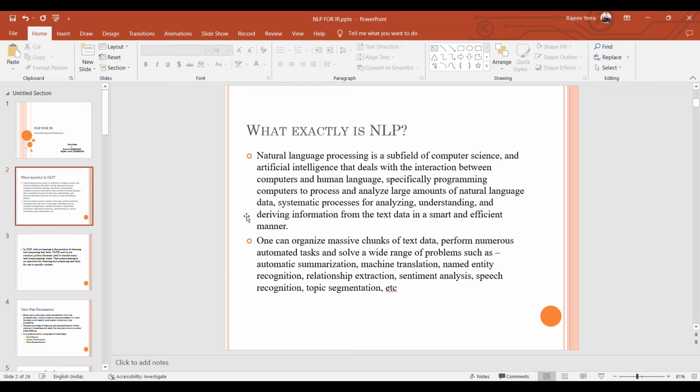So we can use natural language processing in a bunch of applications. For example, we can auto-summarize a complete concept into a summary, and also do named entity recognition and sentiment analysis, like how people are reacting to a particular product. By reading the complete reviews, we can understand the rating of the product. We use sentiment analysis here, and also topic segregation. When you're reading news, there is a lot of news on Google, so topic segregation will determine which kind of news it is, like sports news, music news, and movies, and it segregates them using this.